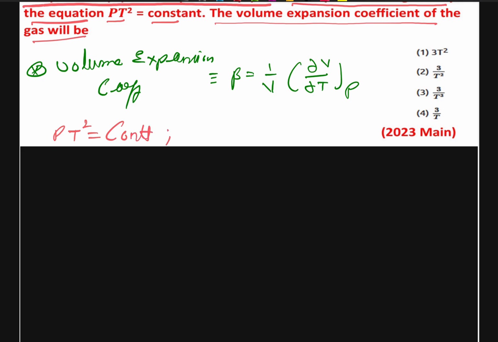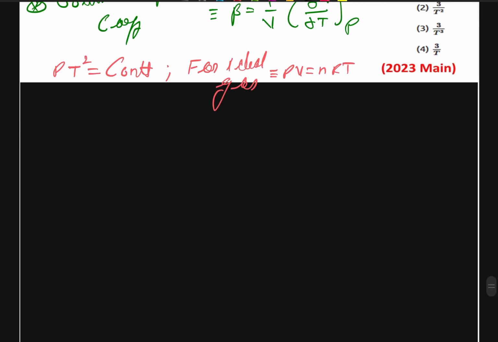We also know that for an ideal gas we can write PV is equal to nRT, or from here we can write that V is equal to nRT upon P,